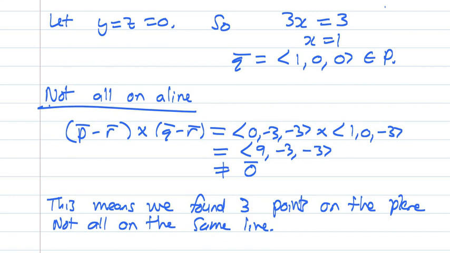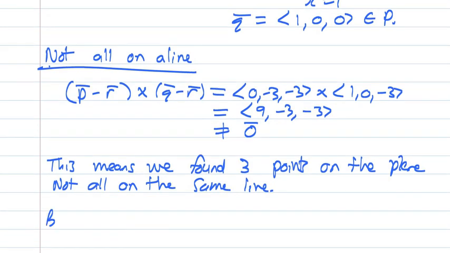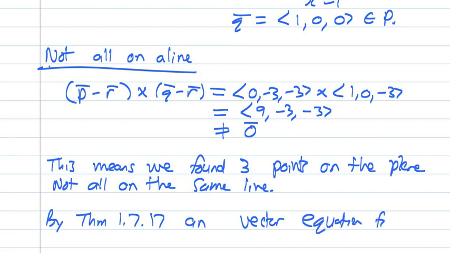So we need to find 3 points on the plane, not all on the same line. And because we found 3 points not all on the same line, we can now say by Theorem 1.7.7 a vector equation for this plane